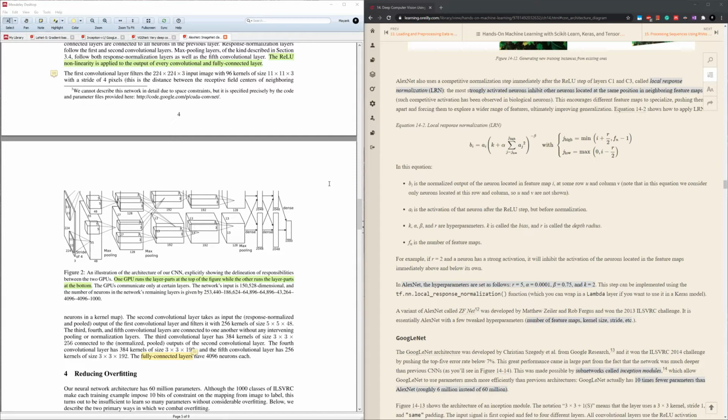But I don't know what the history of it is, whether it's been used since AlexNet or not. But the fact that they've implemented it in TensorFlow and Keras must mean that people still use it. Yeah,